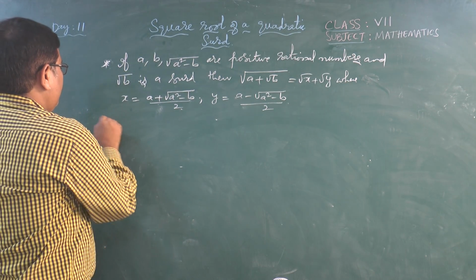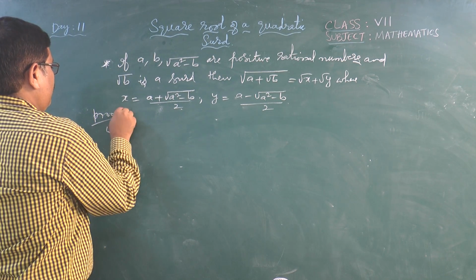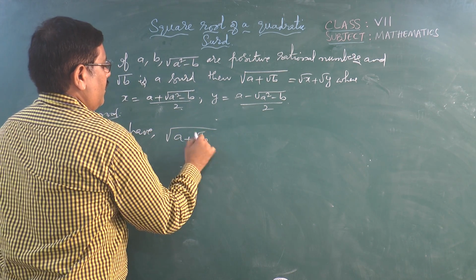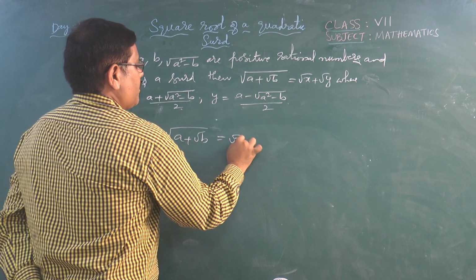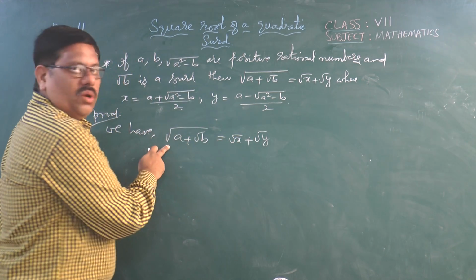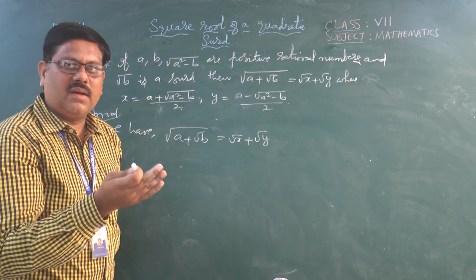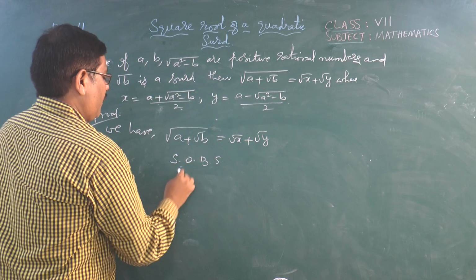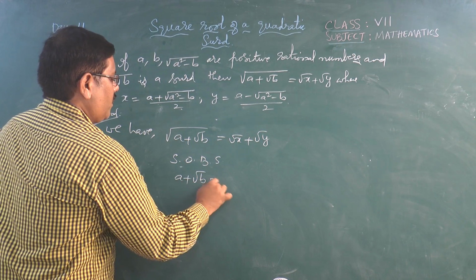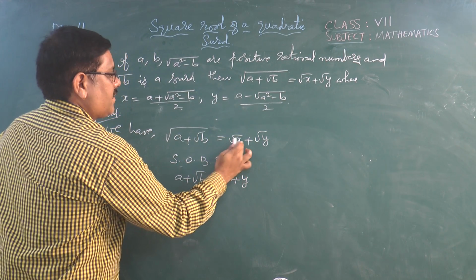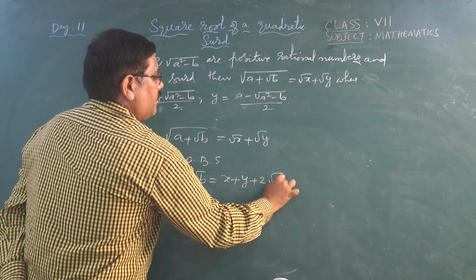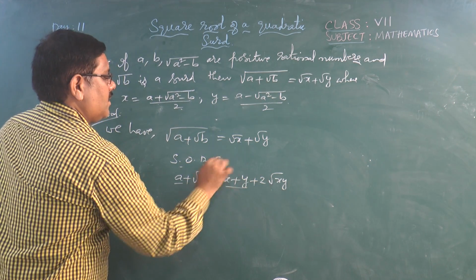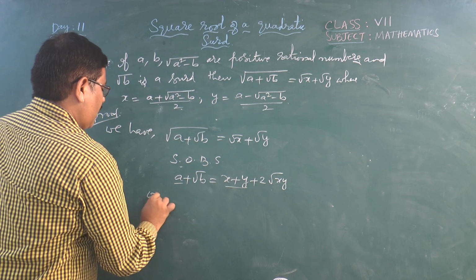Now we have root over a plus root b, that is root x plus root y. Okay, to remove the square root, what to do? We can square it on both sides. Squaring on both sides, a plus root b is going to be x plus y, that is, a square plus b square plus 2ab. Okay, if you make the rational parts equal as well as the surd parts equal, we have, on comparison, let me write: